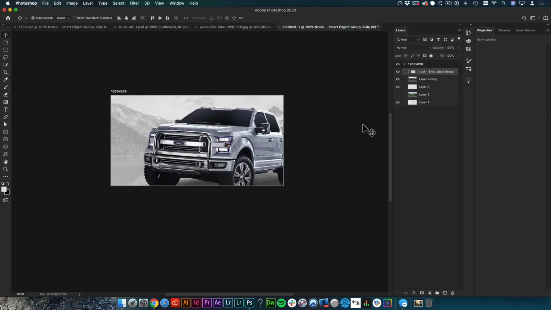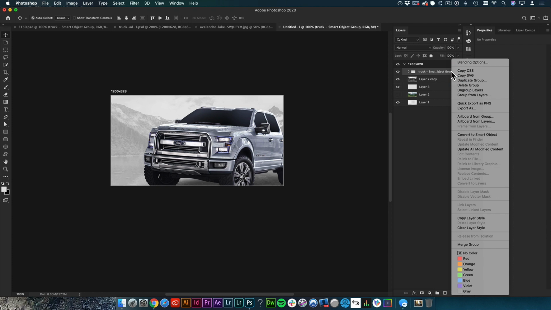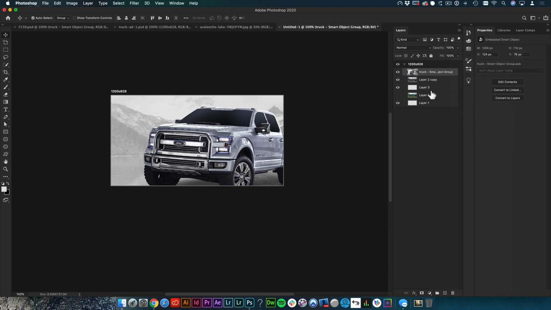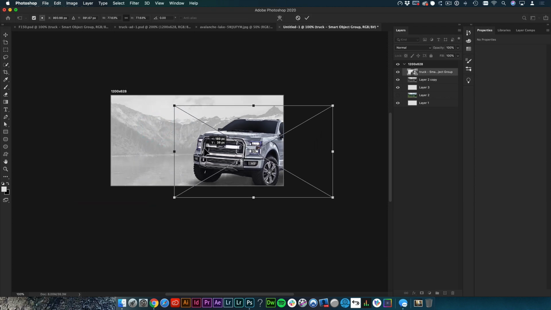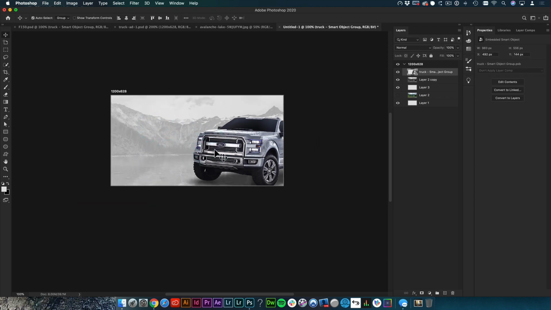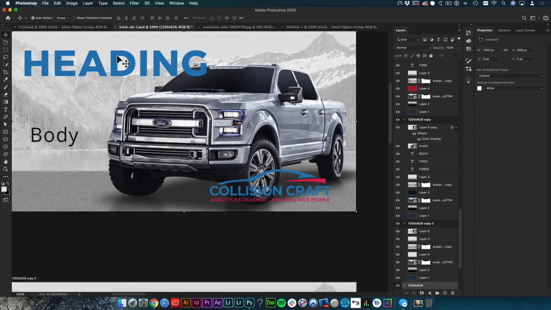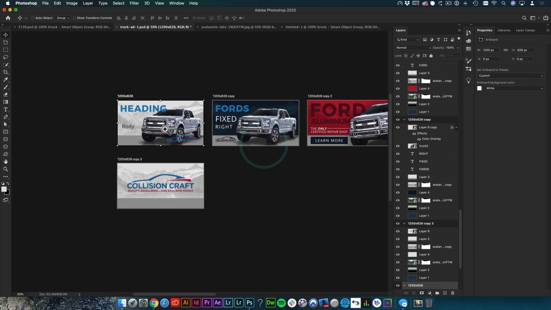And now I've got the truck in the scene, and I'm going to go ahead actually and just convert this to a smart object right now. So that way I'm not dealing with all the shadow layers and things that I could break. I'll scale it down, and you can see that this is my workflow of how I started bringing in assets and pulling things together. So if we come back and actually look at these ads that I started throwing together,